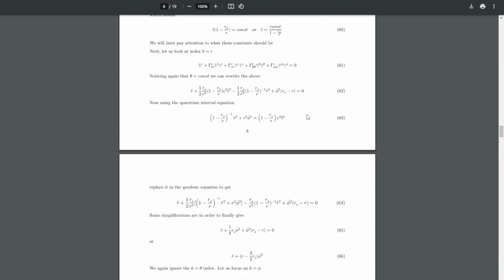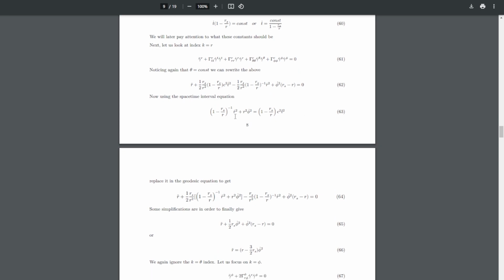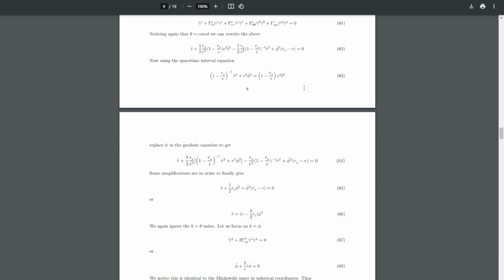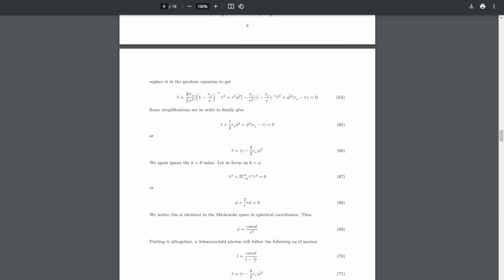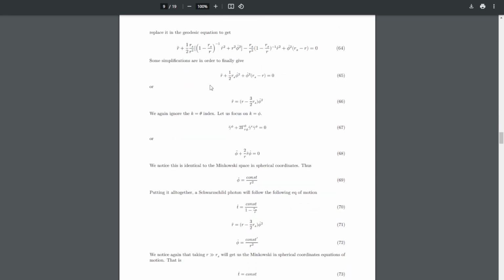We use the space-time interval equation. We actually use 63 and substitute the t dot into 62. And we get this equation,